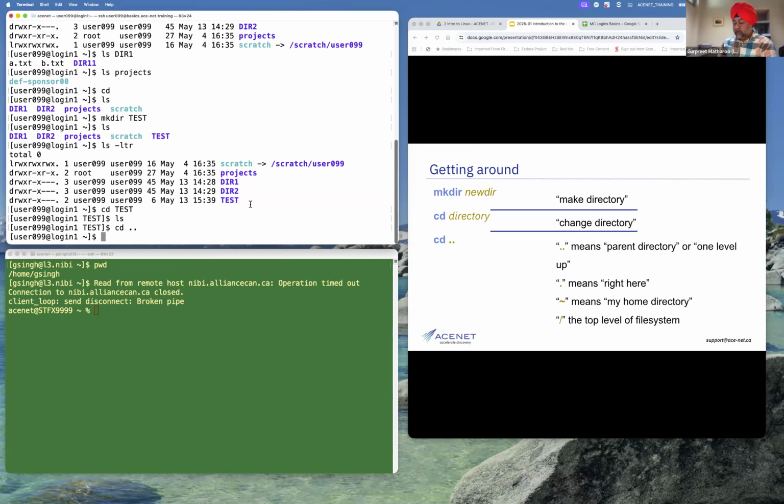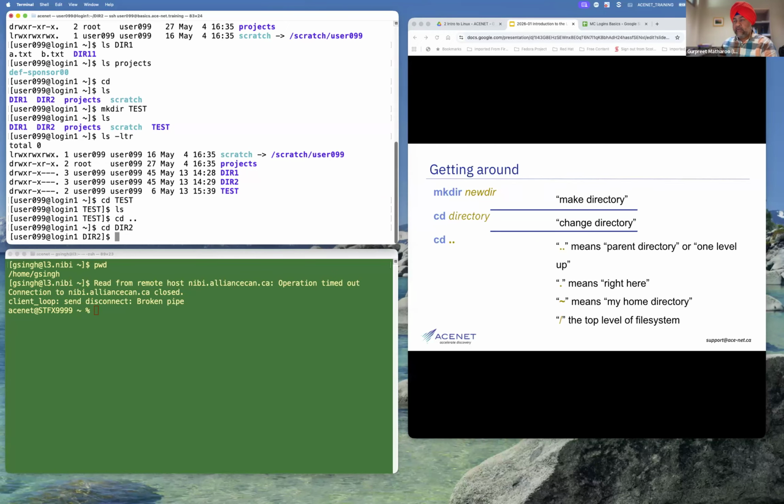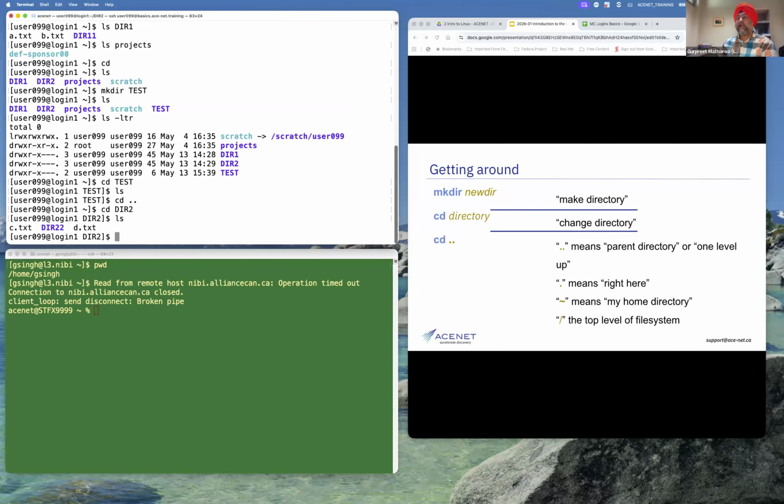Now let's look, I have other directories. If I do cd dir2, directory number 2, it will take me to dir2. And if I press ls, it will list the contents of this dir2. As you can see, these two are files and this is another subdirectory. So let's go into that, cd dir22.